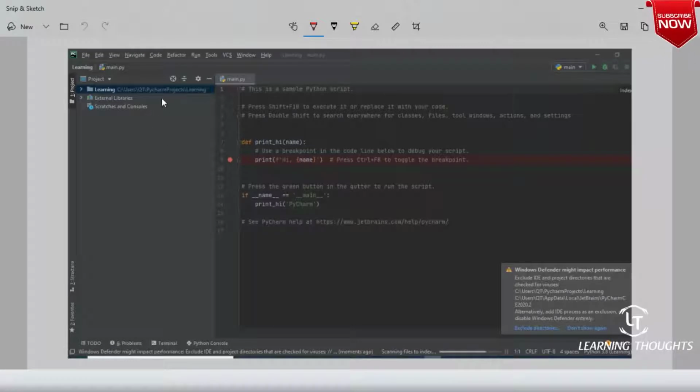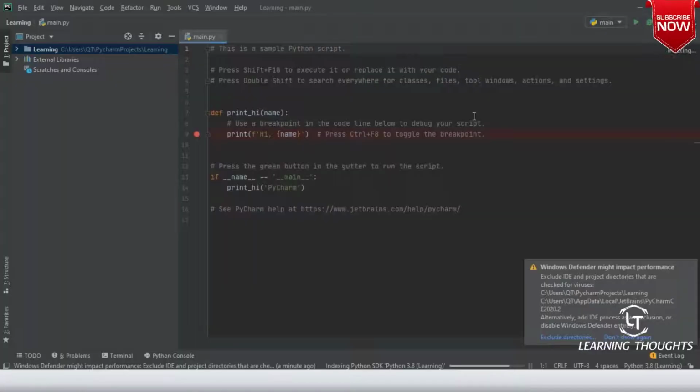So this is your project navigation area. This area, whatever you are seeing on the left hand side, this is where we will try to write the code. And in the bottom, you are seeing Python console, terminal, and TODOs. We'll be using all of them slowly. Looking at everything on day one seems scary, so let us not do that. Okay, right. So let me go to this editor.